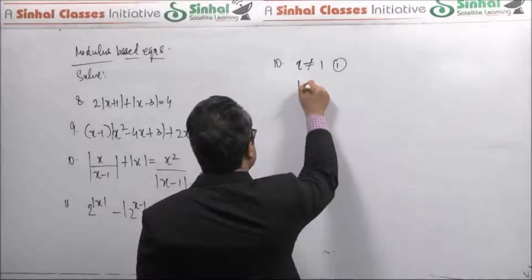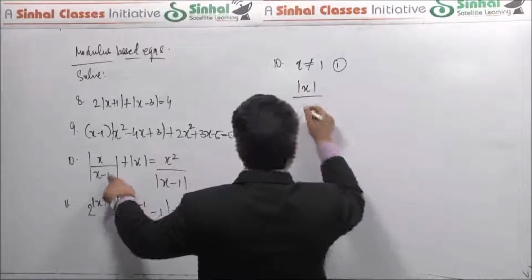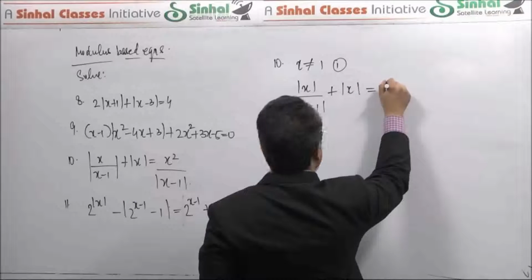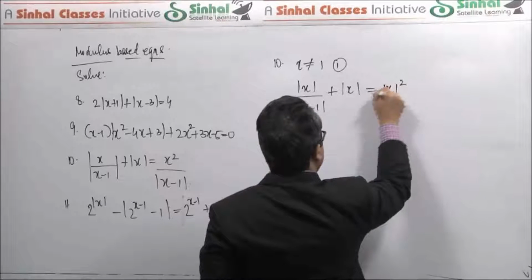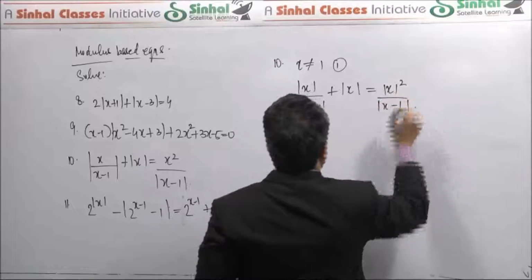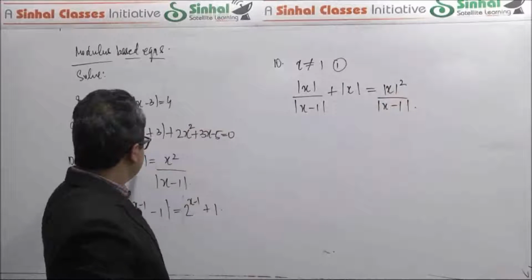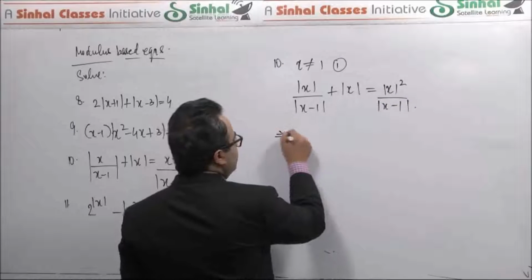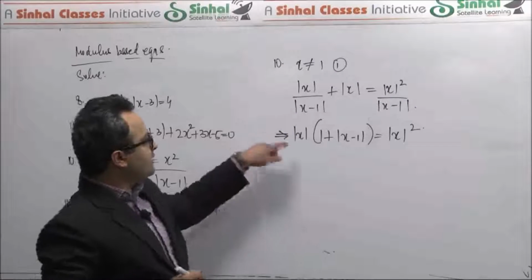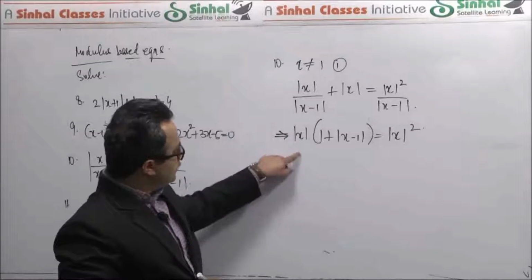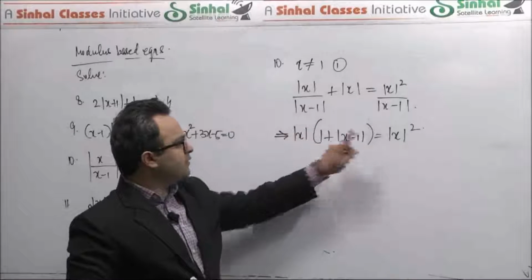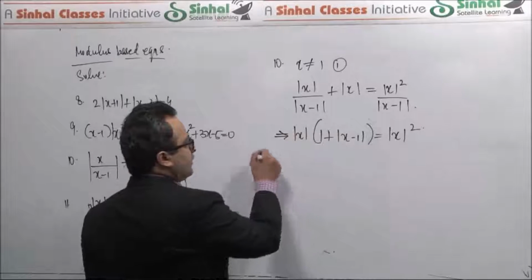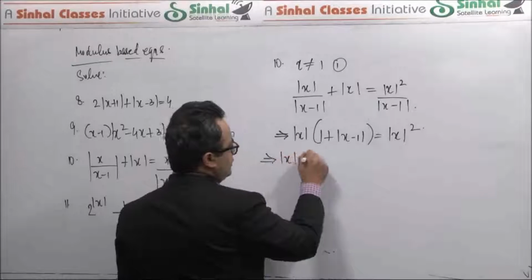After this, we can use some properties. The modulus will get distributed over here. Mod gets distributed and x square can be replaced by mod of x whole square. So if I cross multiply, I get mod of x. Right, so cross multiplying gives me that mod of x into 1 plus mod of x minus 1 is equal to mod of x whole square. So again, there's a common factor on both sides, which is mod of x. So one possibility is that either mod of x is 0 or